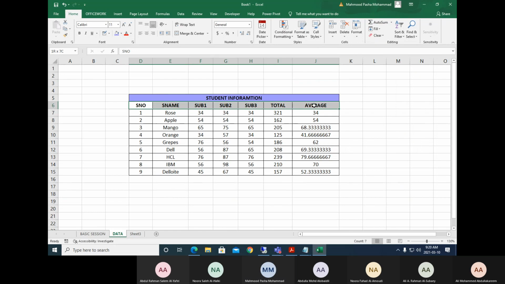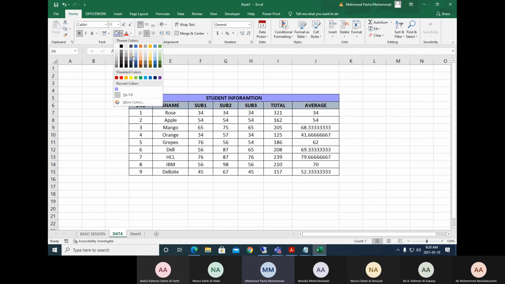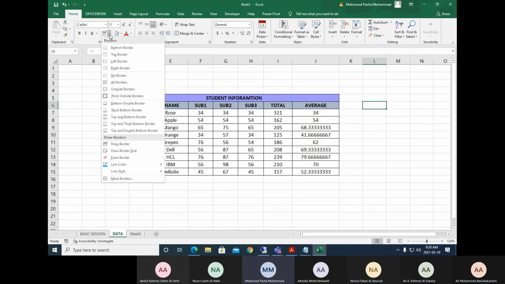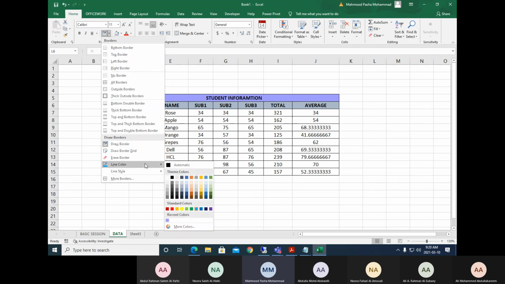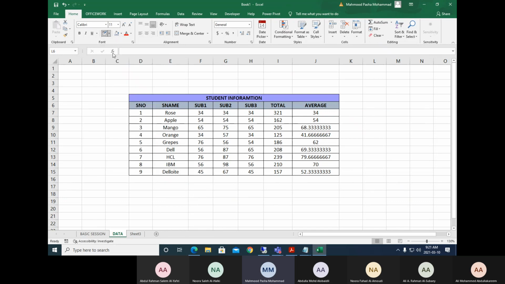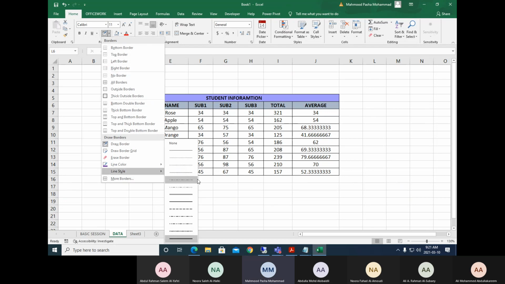Next thing, whenever we are applying something, we have to make it clear to understand what the information is, what the heading of the information is, and what the headers of the data are, and then the data itself. Just now we have seen how to draw the borders, so we can draw the borders here according to our requirement. Here I'm taking some line color and also line style.